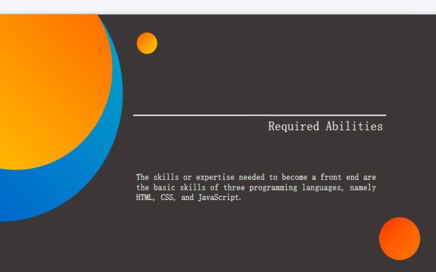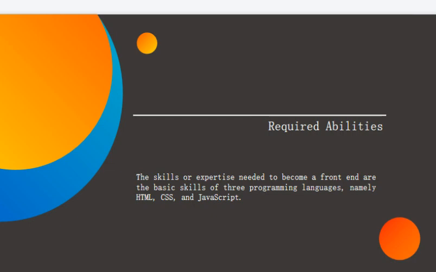HTML as well as CSS are the basic programming languages needed in building websites and applications. JavaScript is a programming language that's able to create interface elements such as forms. In addition, another skill needed to become a front end developer is the ability to manage frameworks